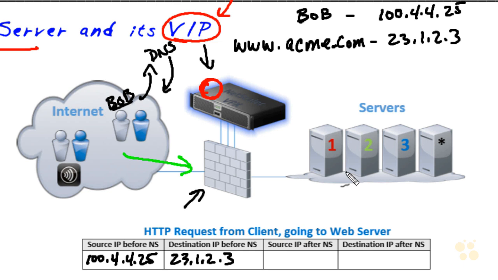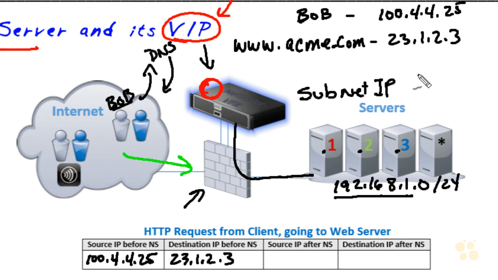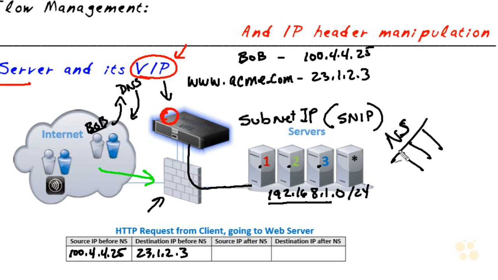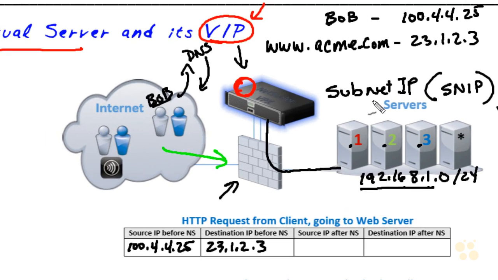And so it's very likely in that case that on the NetScaler, we've also configured a subnet IP, and the acronym for that is the SNIP, the subnet IP. And we can have multiple subnet IPs. And as a common practice, if we had 3 separate interfaces going to individual network segments, and this was subnet A, and this was subnet B, and this was subnet C, on the NetScaler, we'd very likely configure 3 subnet IPs. One for subnet A, one for subnet B, one for subnet C. In our topology here, we're just going to have one interface, and the subnet IP, let's go